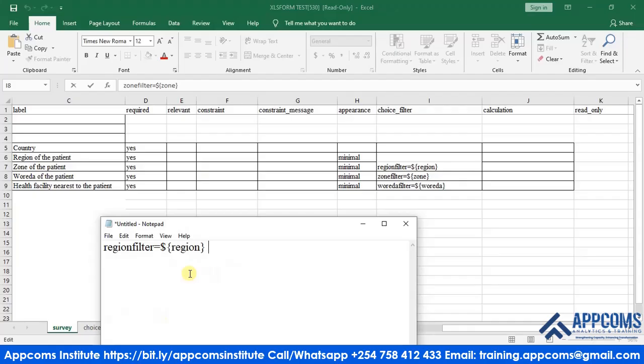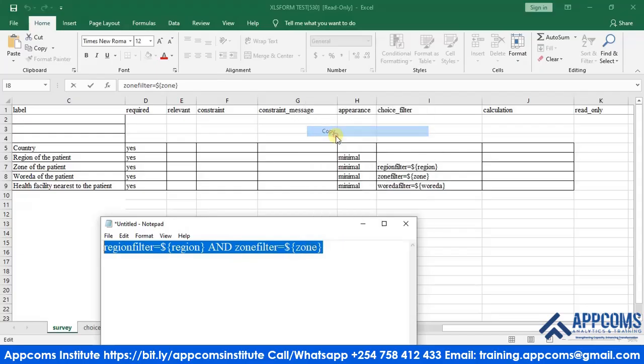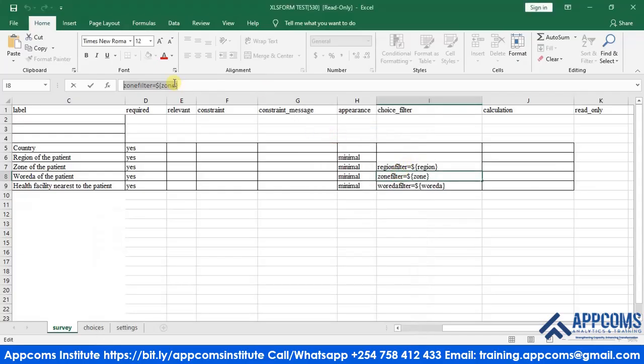Now I'm going to introduce the word and. So this will make sure that it only filters to what we have. Okay, it will make sure that both of these conditions are met. So whatever you have under region should also coincide or match with what you have under zone. So that is why we are putting the and there. So I'll just copy this and have it here, so that